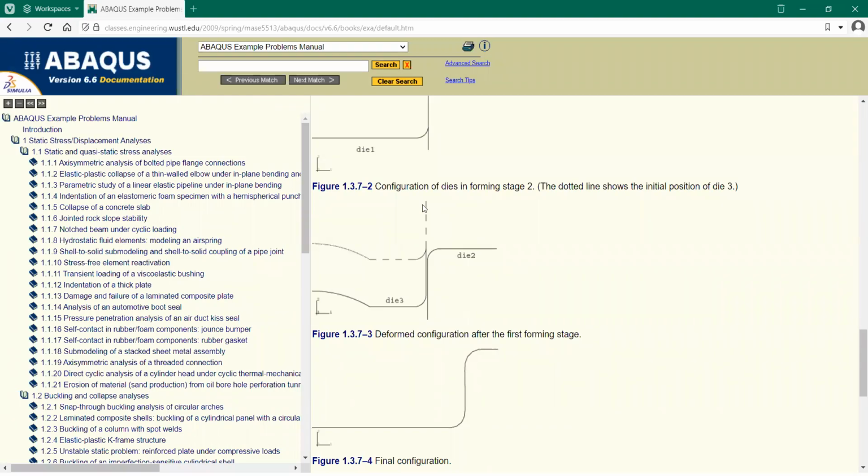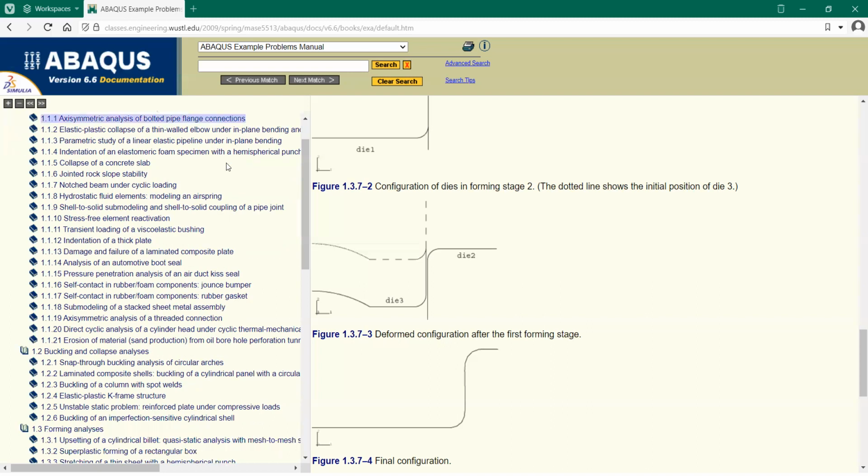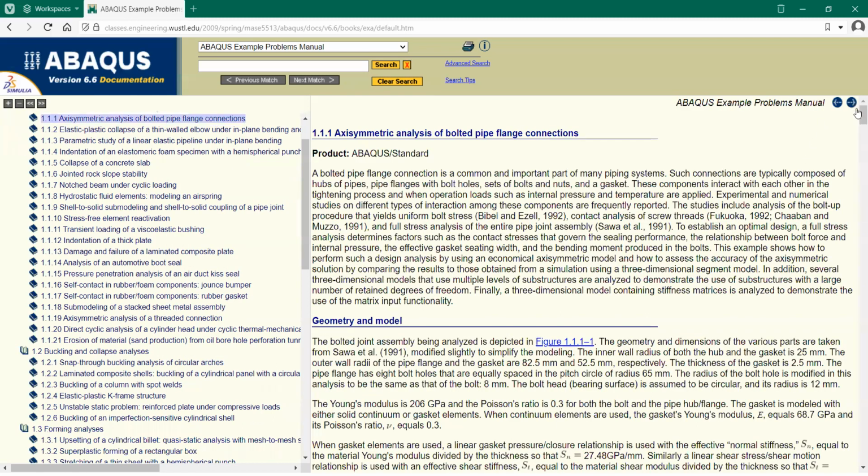Let's look at how elements are selected. So here, bolted pipe flange connection. Just go ahead and have a look at bolted pipe flange connections. What you will observe from the images is that it is axisymmetric in nature, or if you look at this image,